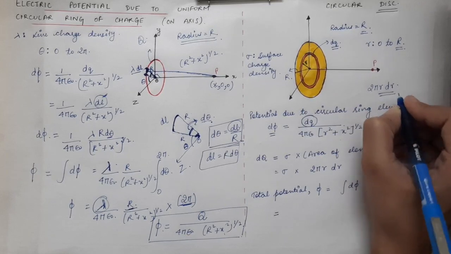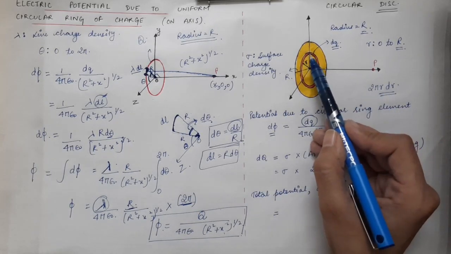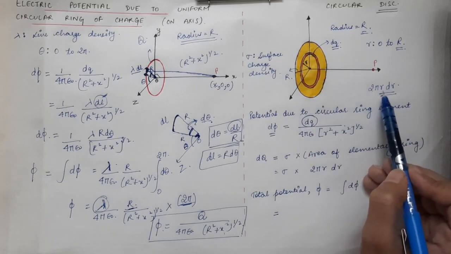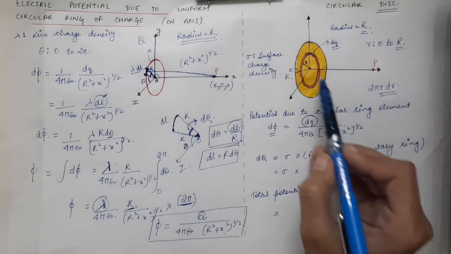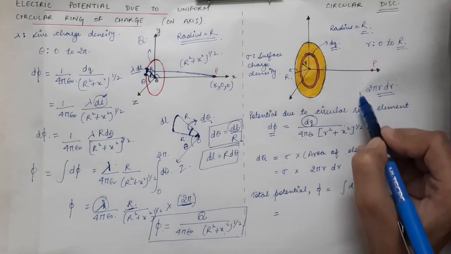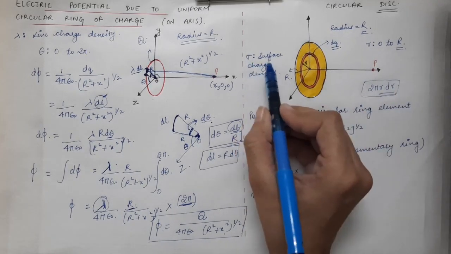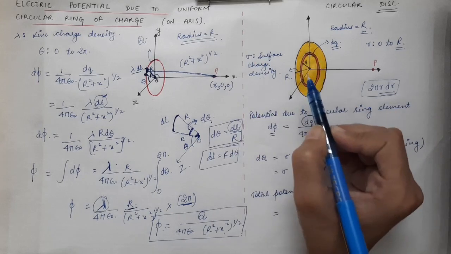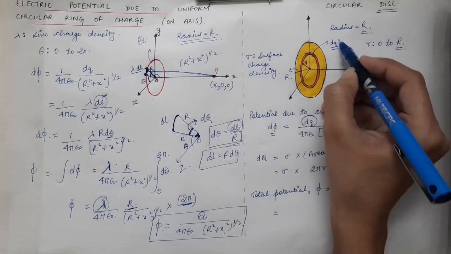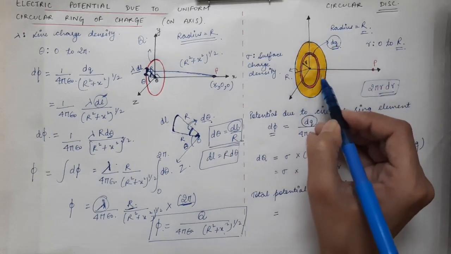So you can revise that lecture, you can go through that lecture and you will see how the area of this orange portion comes out to be equal to 2 pi r into dr. So r is the radius of this circular ring. So the area of this region comes out to be 2 pi r into dr, and sigma is the surface charge density of this system, which is nothing but the charge present in unit area. But we are interested to find this dq amount of charge which is present on this orange portion area.